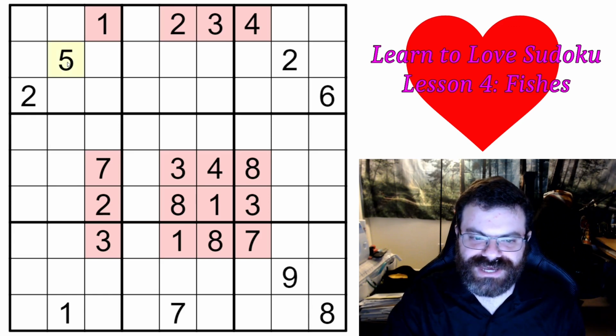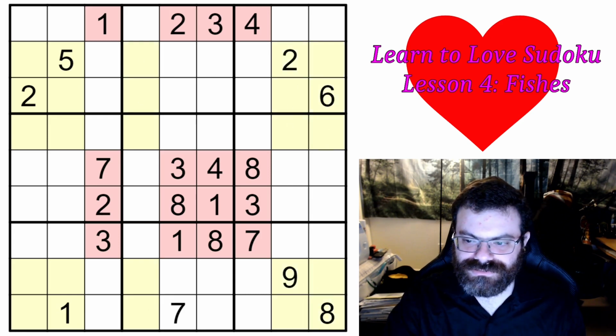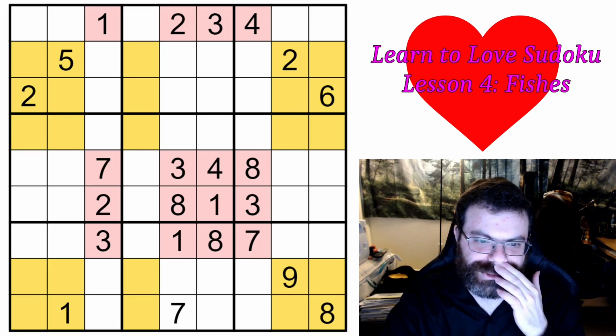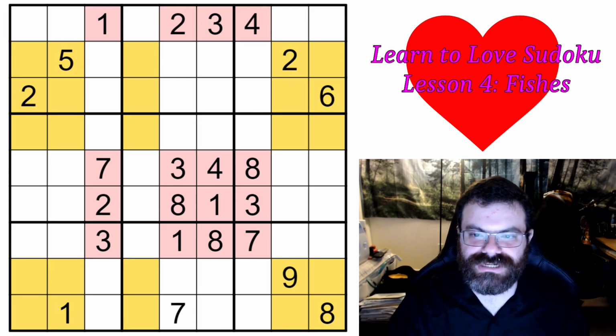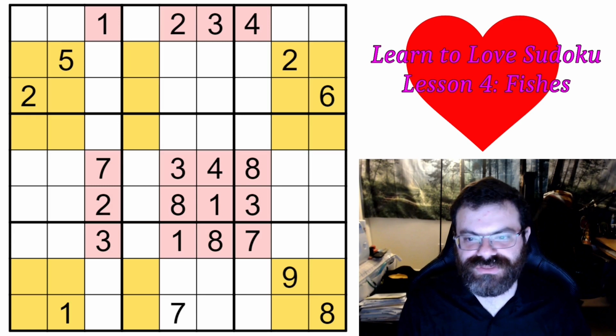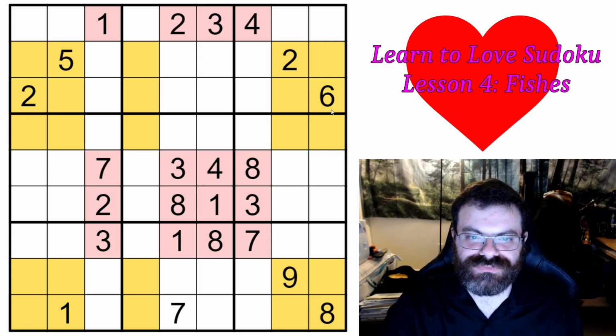Because if you think about, let's say this 5 here, right? Sure, the jellyfish isn't really affecting this column, but that's just because we have the given already. So I'm going to mark in orange all of these cells here. So the cells that are the union of where I would have marked oranges for the 3 jellyfishes that we have. So now that I've marked all of these orange, what I'm going to do is just do center marks